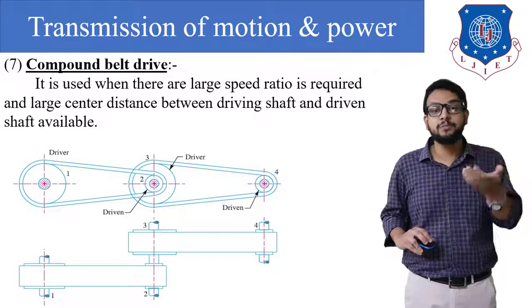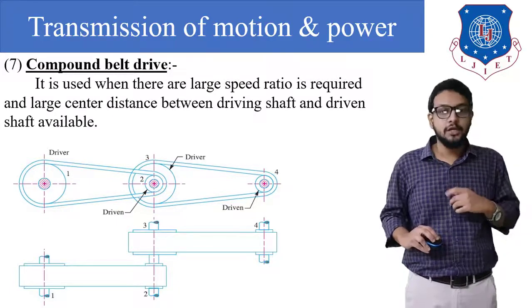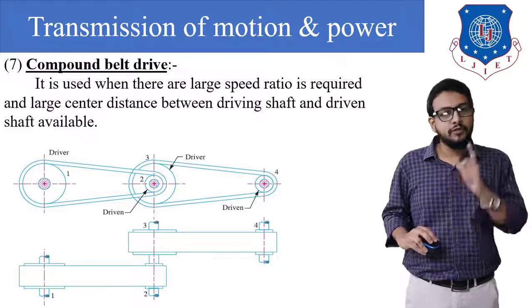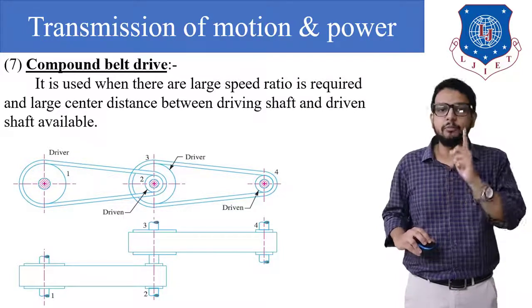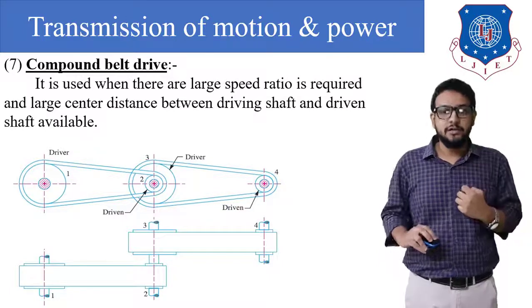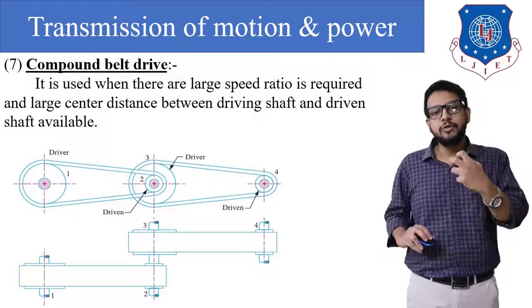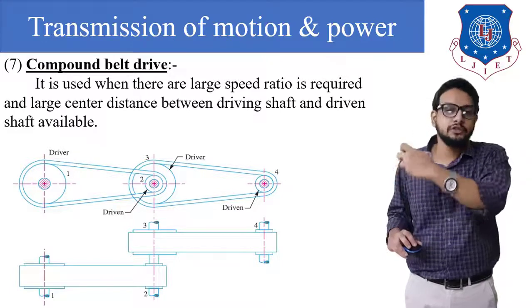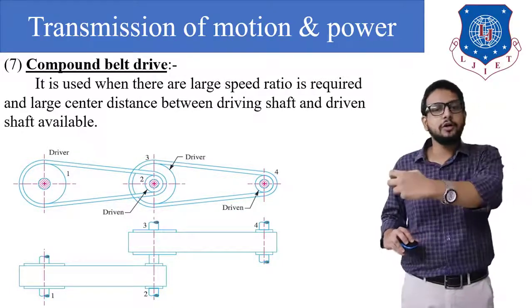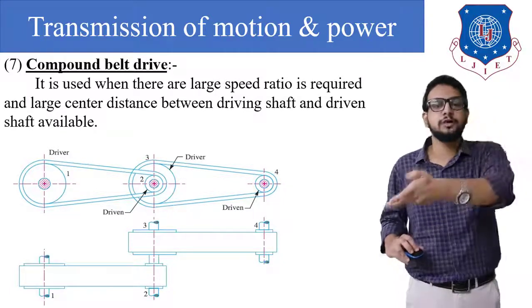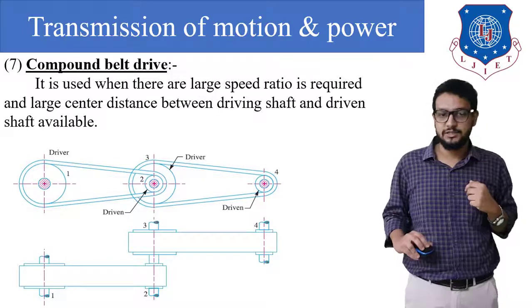That is, incrementing the speed of pulley 2 will take place. Whatever is the speed of pulley 2 will be the speed of the shaft, and finally that speed will be transmitted to our pulley number 3, right? So pulley number 3 is of a bigger size. Now finally pulley number 3 is going to transmit that power to pulley number 4, that is our main driven shaft. The driven shaft is of a smaller size and pulley number 3 is of a bigger size. So a further step up in speed will take place, right?